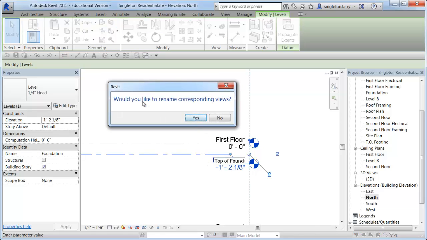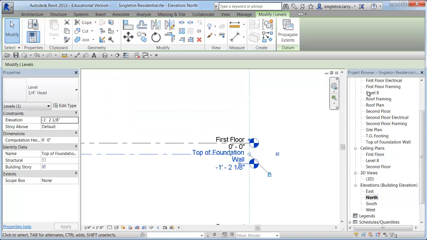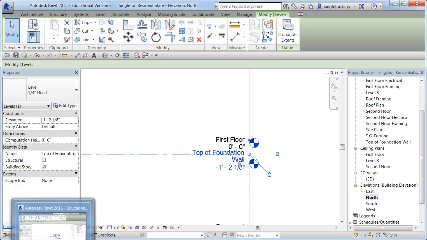When you hit enter to select that, it'll ask you if you'd like to rename the corresponding view, which is over here. You can see foundation. I'll say yes. It'll rename that. It puts it down here alphabetically at the bottom of top of footing, but this is an alphabetical listing. It's not an elevation listing. So going back to lesson 3,